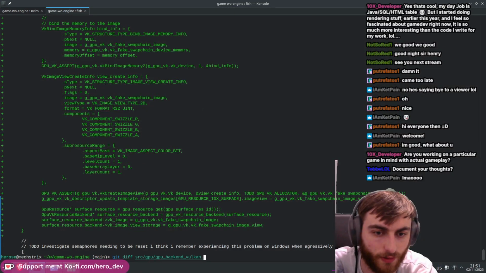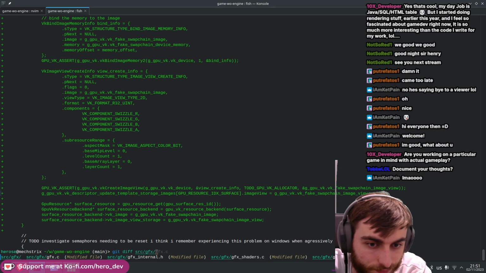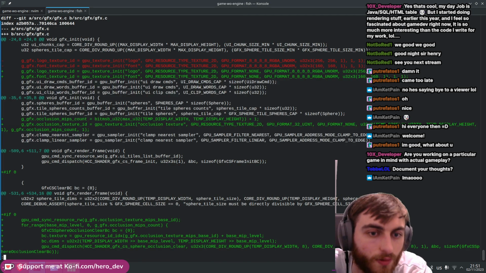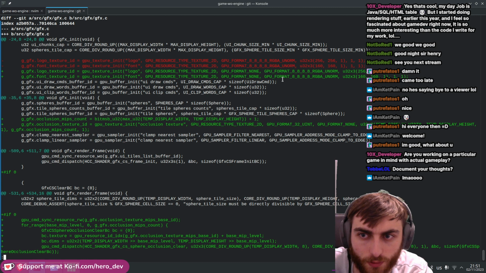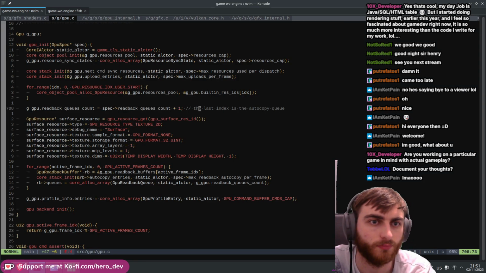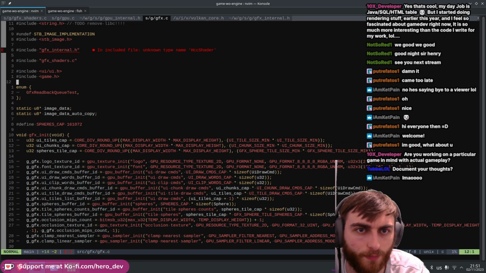Let me check GFX a sec. Yes, it's the same format. We just added storage. Yeah, storage and sampled. Obviously, we've done occlusion buffer stuff now. But. So what would it be? Let's hop back into the